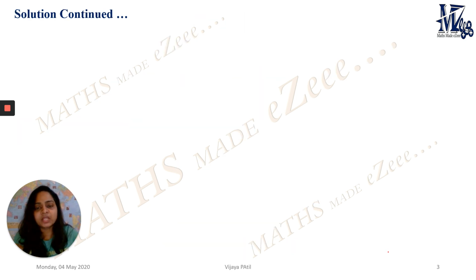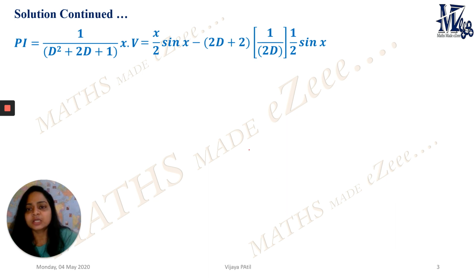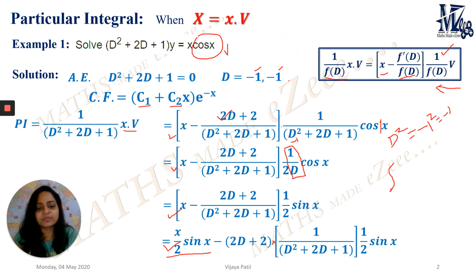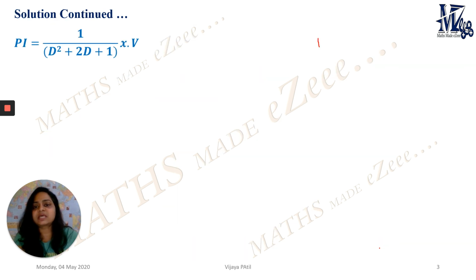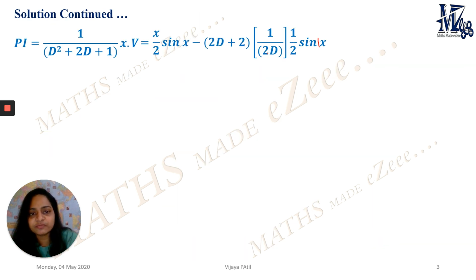So what will happen here? This x by 2 sine of x, as I've told you, will remain constant. Again, sine of x, sine of ax means a is 1 here, so we have kept it in the previous step. D square becomes minus 1 again here, because it's sine of x and cos of x. What we have done for the cos, the same will be applicable here with the sine x, right? Minus 1 plus 1 will give me 0, and it will remain 1 by 2 into 1 by 2 times sine of x. So this is what we have done here.